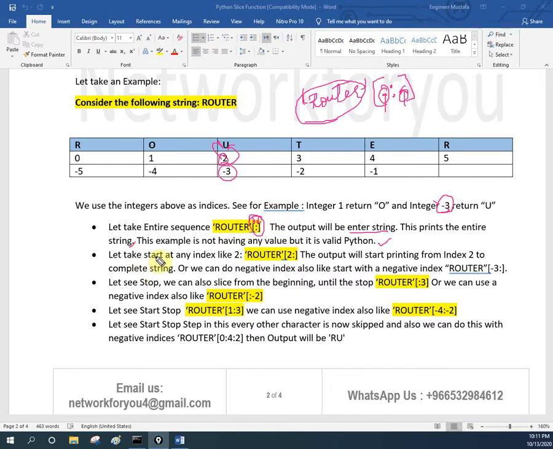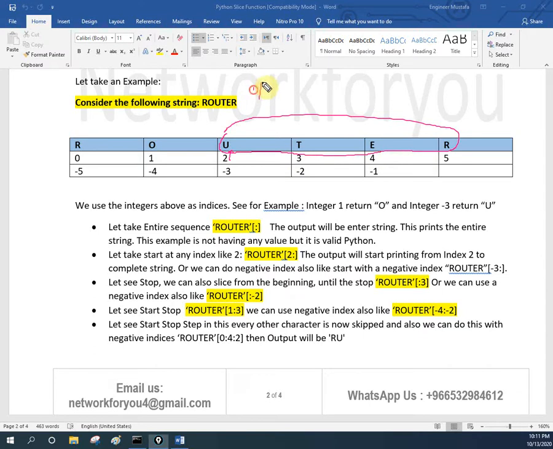And let's take start at the index value 2. If I start from 2 and I did not define any value at the ending, then it will start from U, because this is index 2. I did not give the ending value, so it will take UTER. For simplicity, I am taking this example, router.